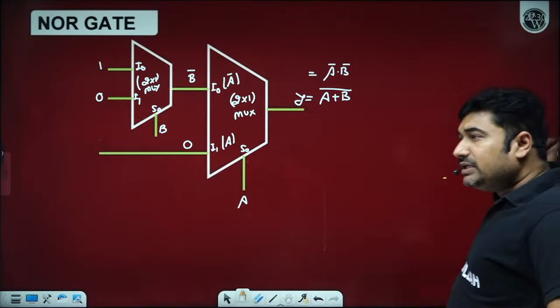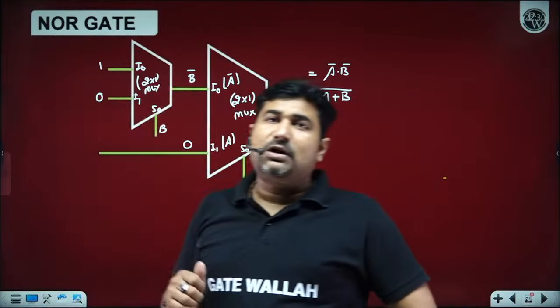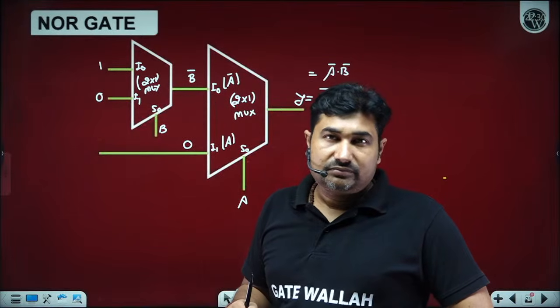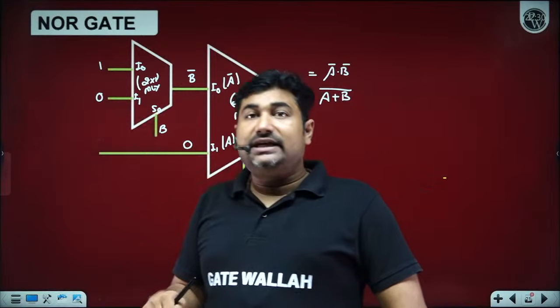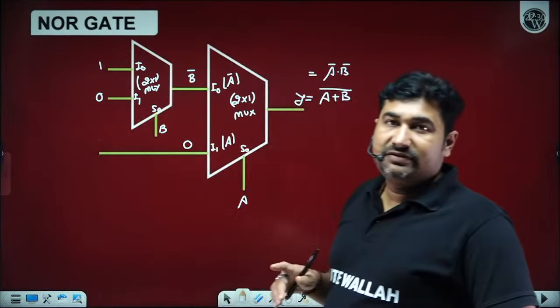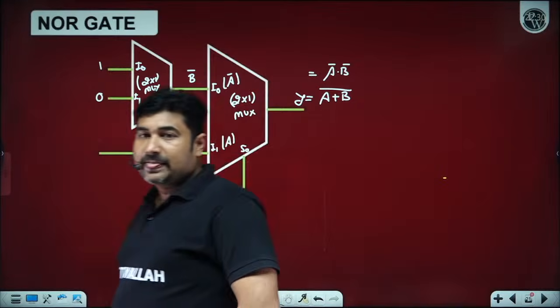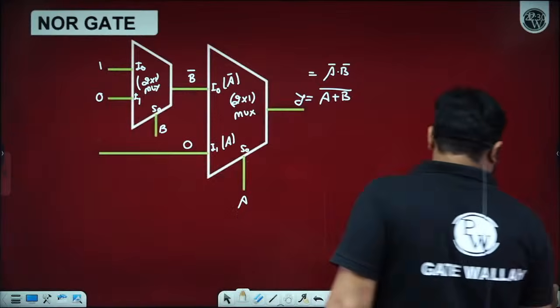Sir, mostly we say that variable and its complements are available. Yes, variable and complements are available whenever the data is coming from memory. Is it okay? But when we want to design a logic gate, we need B bar. Is it okay? How many of you now able to understand, beta ji? Please let me know by writing in the comment section.